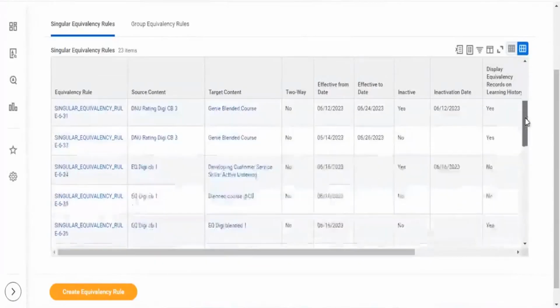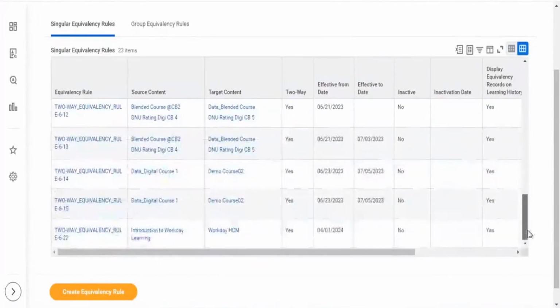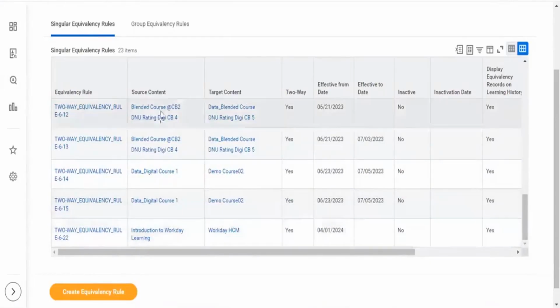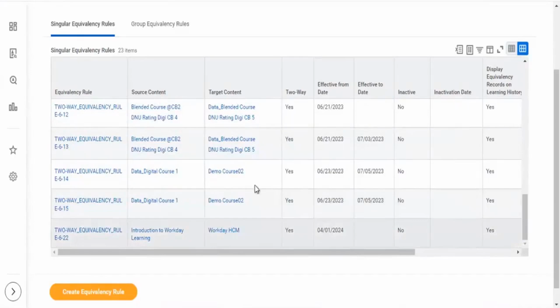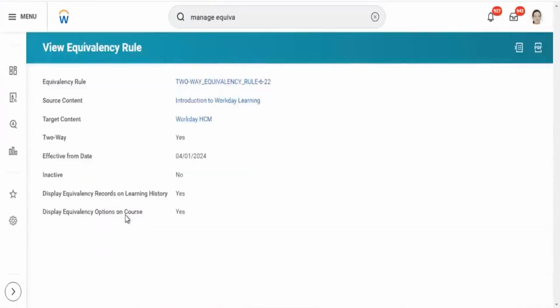Here you can see the source content and target content that we have added, which is active now. Any employee can go and take this source or target, which is a kind of two-way content.